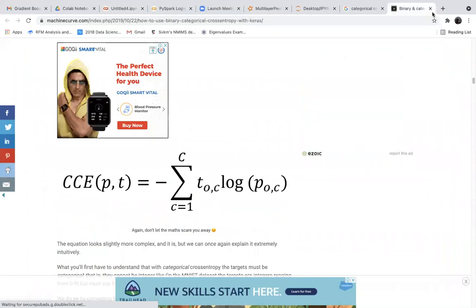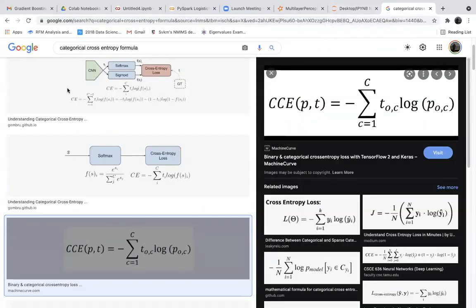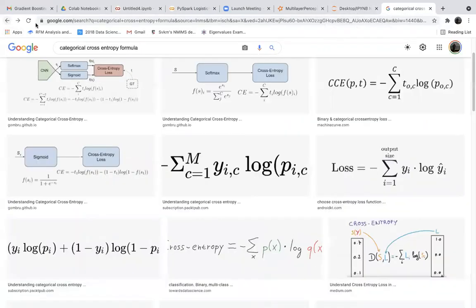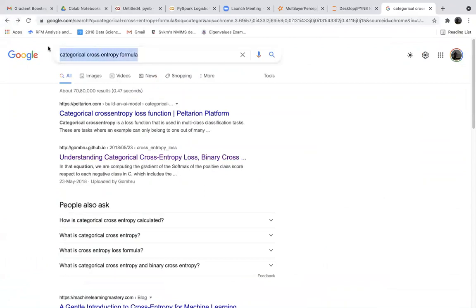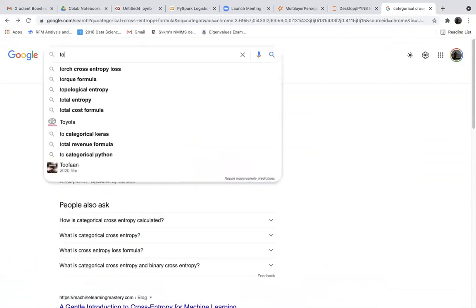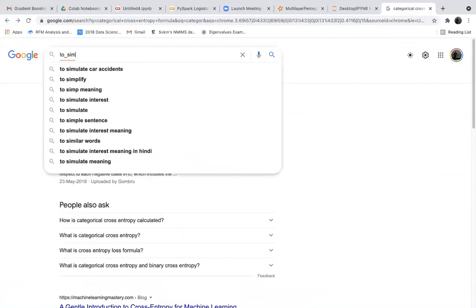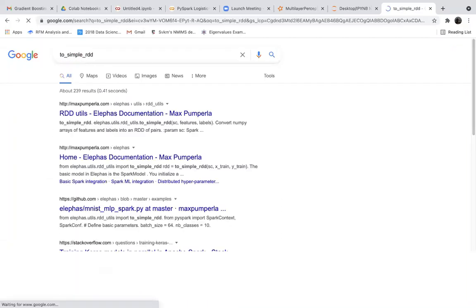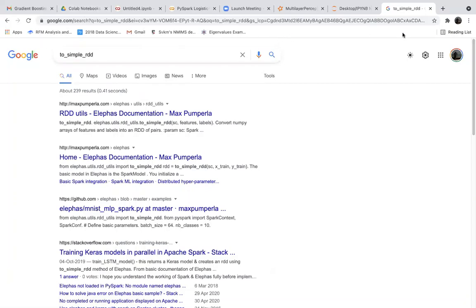Let us see what this to_simple_rdd is. to_simple_rdd, its documentation.